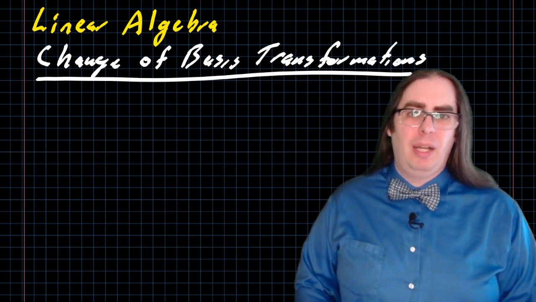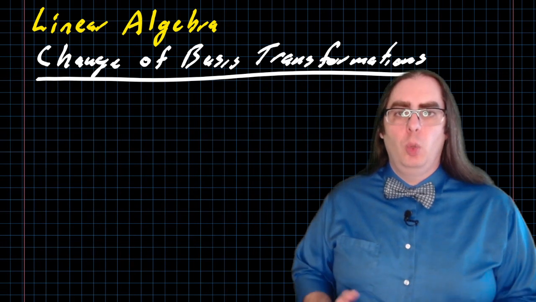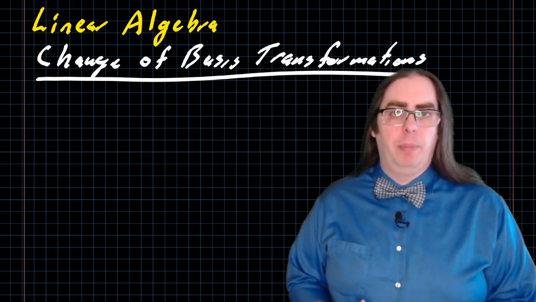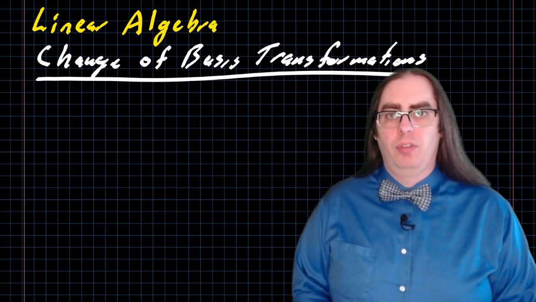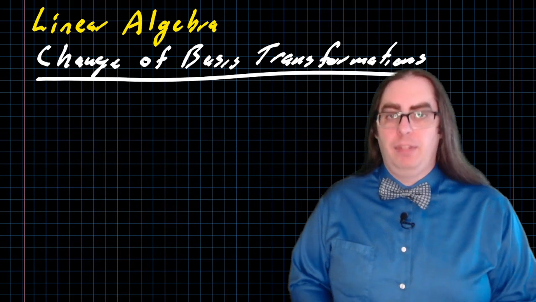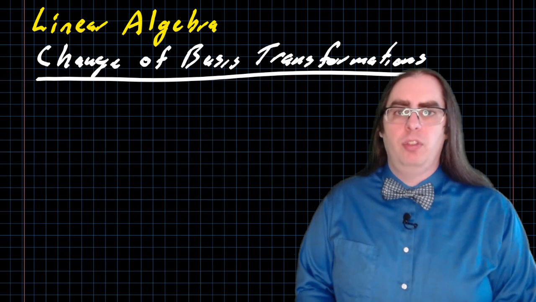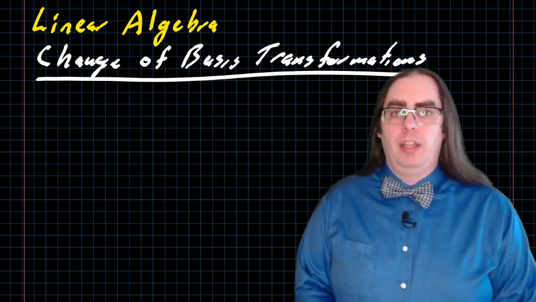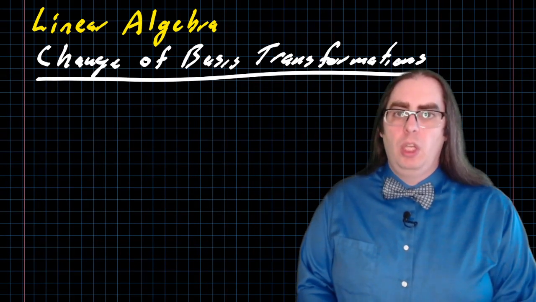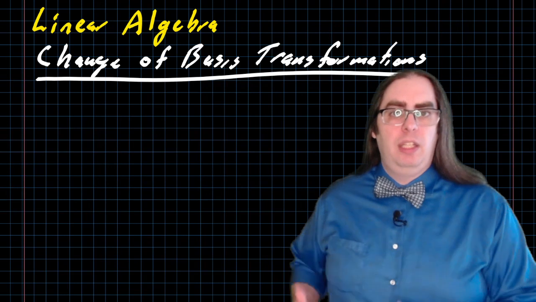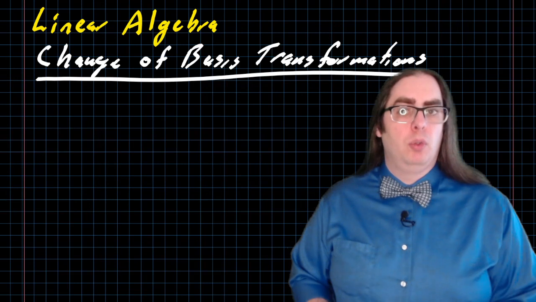In this video, I wanted to look at change of basis transformations. We know that any vector space can be defined entirely by a set of basis vectors. Every vector space has infinitely many, but for our purposes, at least one set of basis vectors, and every vector in the vector space can be written as a linear combination of those basis vectors. So starting with "here are basis vectors, build a vector space around them" is a very potent way of talking